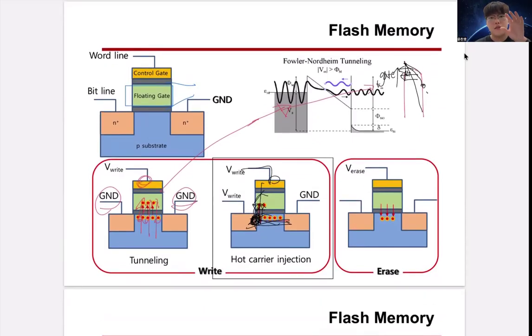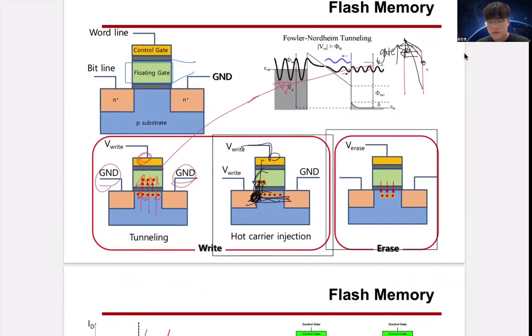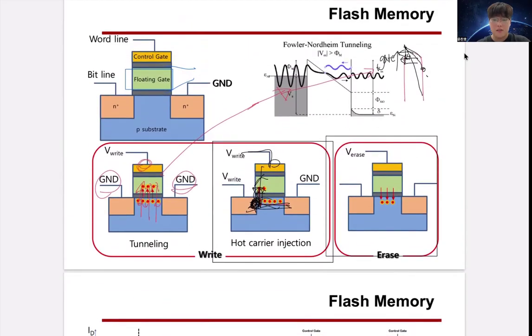Next is how to erase in flash memory. As we can see in this picture, the erase method also uses tunneling. So we can control the threshold voltage. We divide the operation part, because